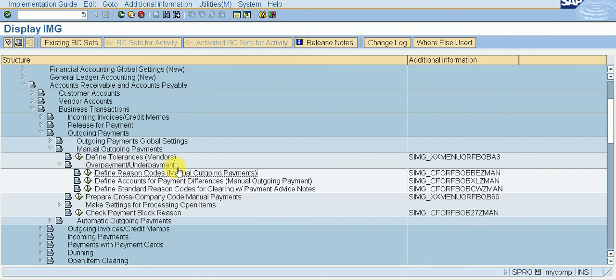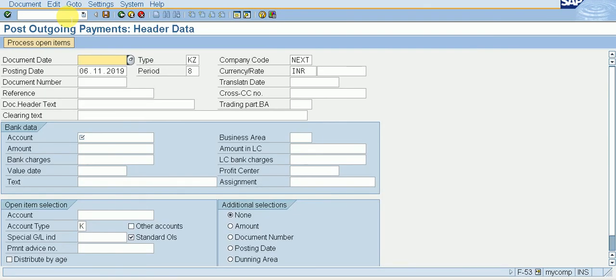overpayment or underpayments. Define reason code for manual outgoing payments. Define account for payment differences, manual outgoing payment. We are using T code for define reason code OBBE, and define account for payment differences OBXL. And I am showing you here the use of underpayments in slash n F-53 in a residual payment. Okay,